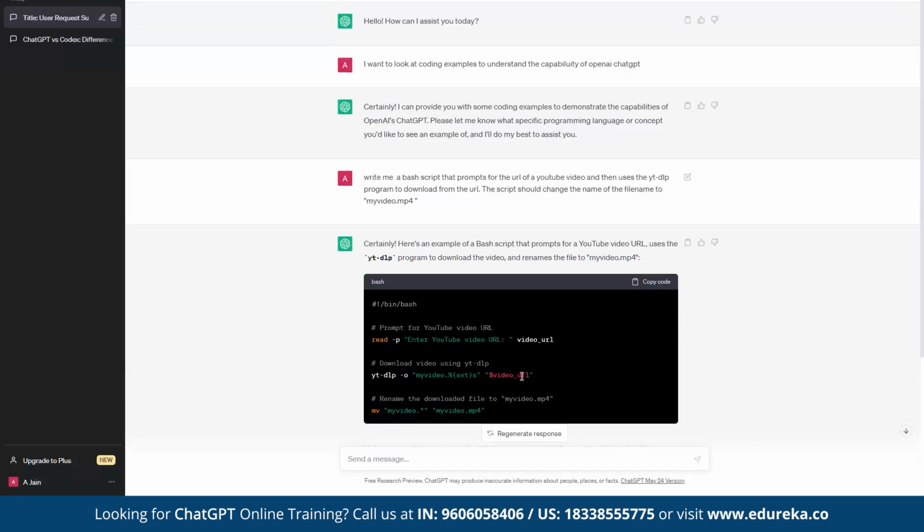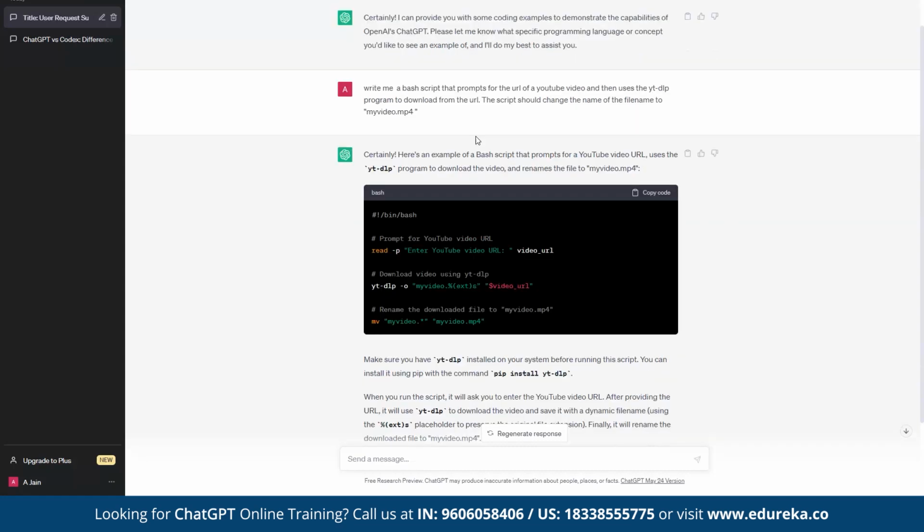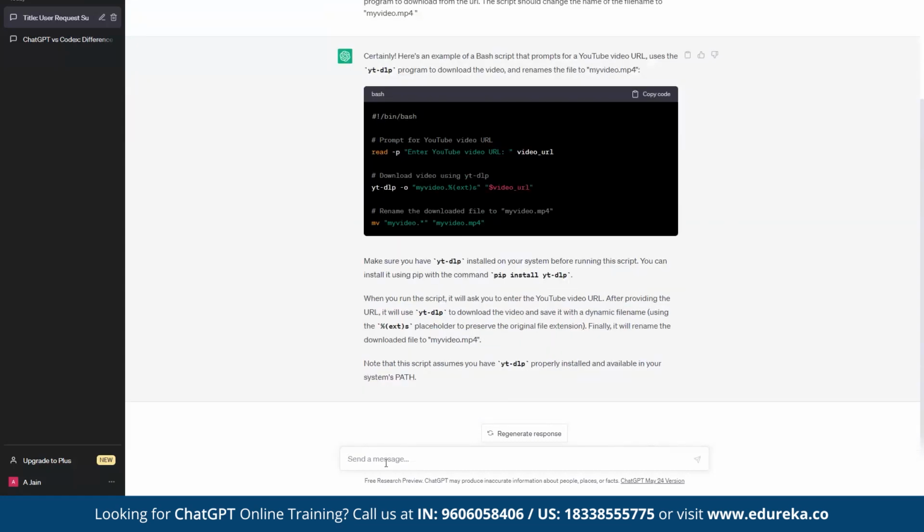So this is how we can write code for scripting or bash scripting in ChatGPT, right? So this was one example on shell scripting. Let me also give you one example on Python. So let me show you. Say, for example, you are writing some code in Python, right? For example,